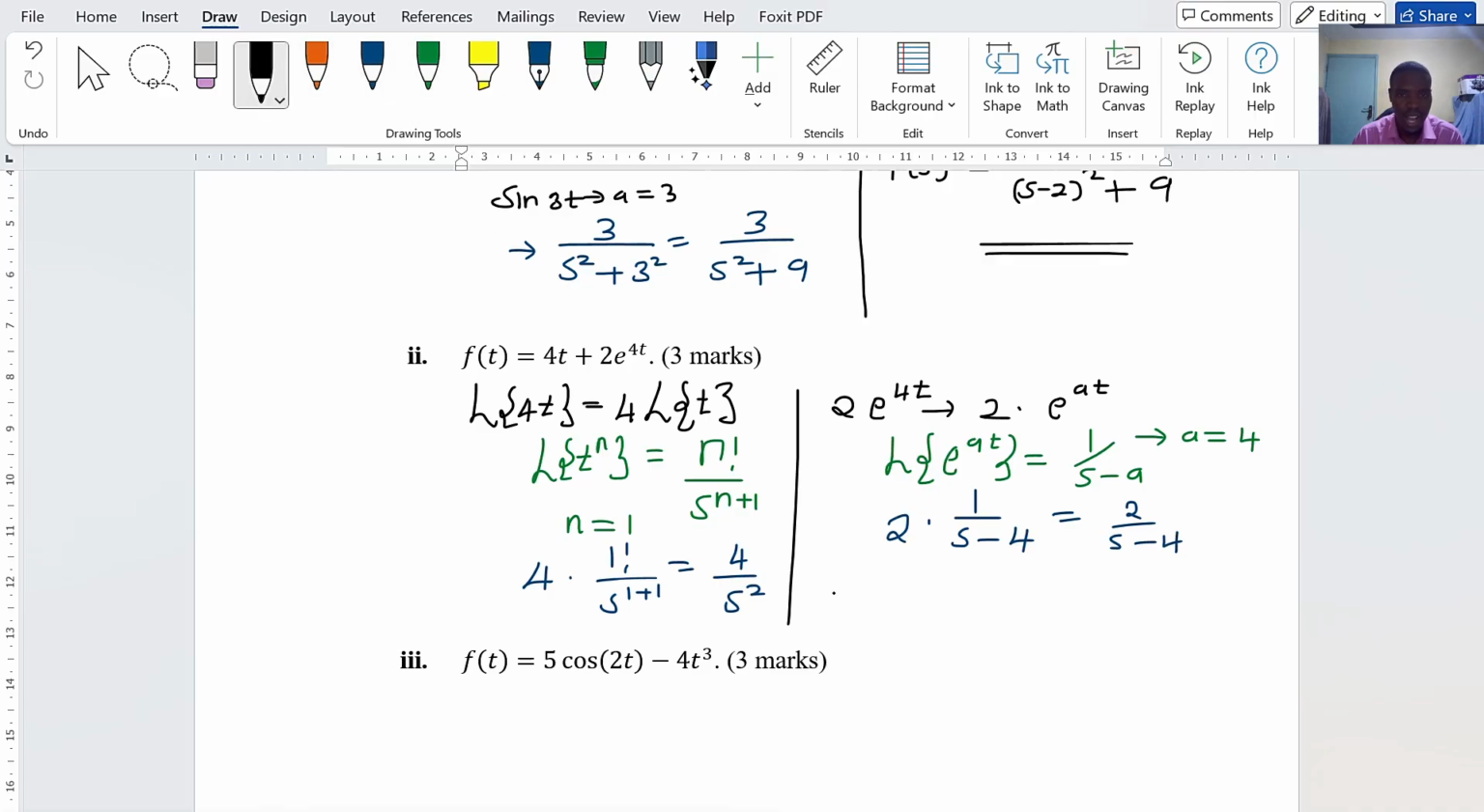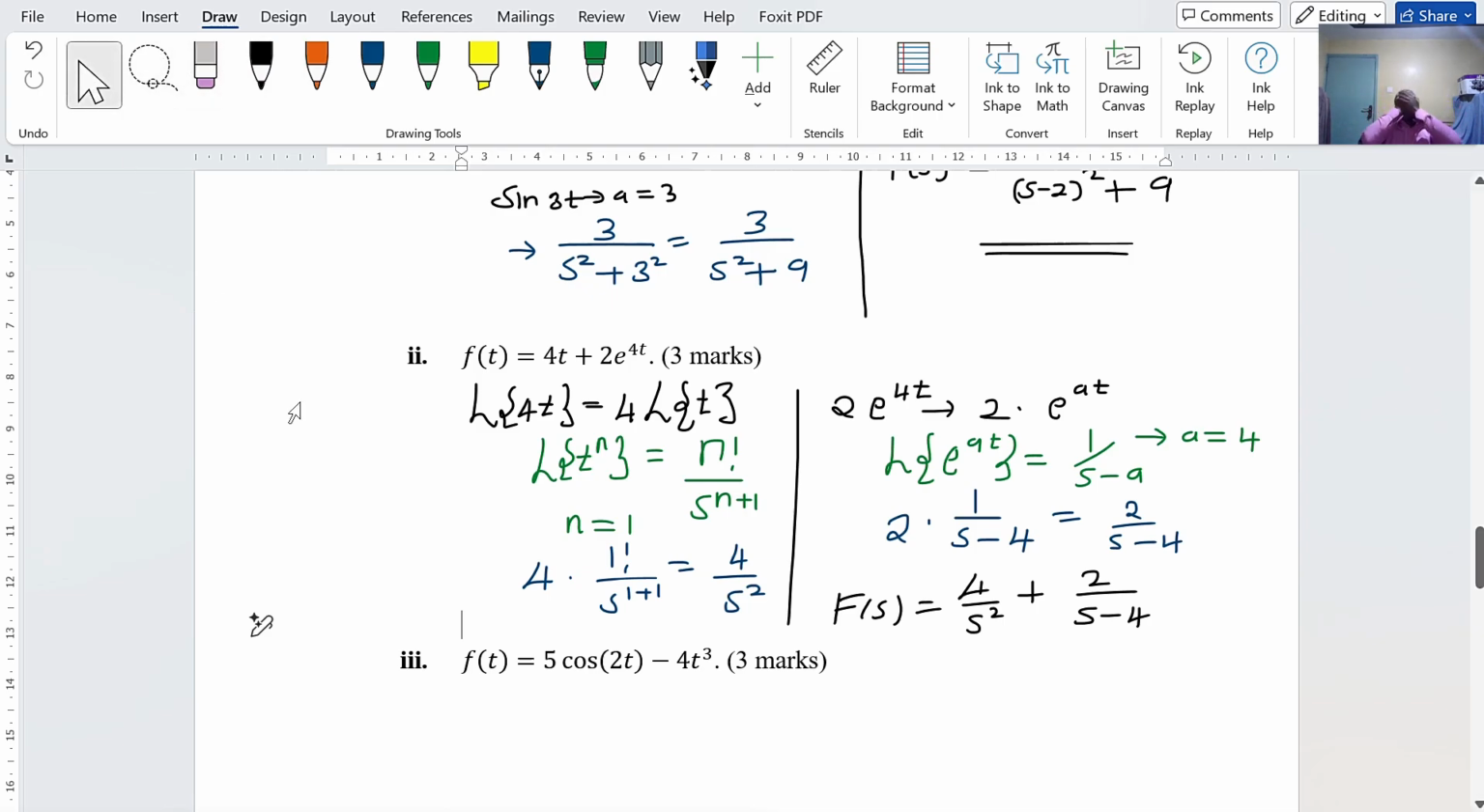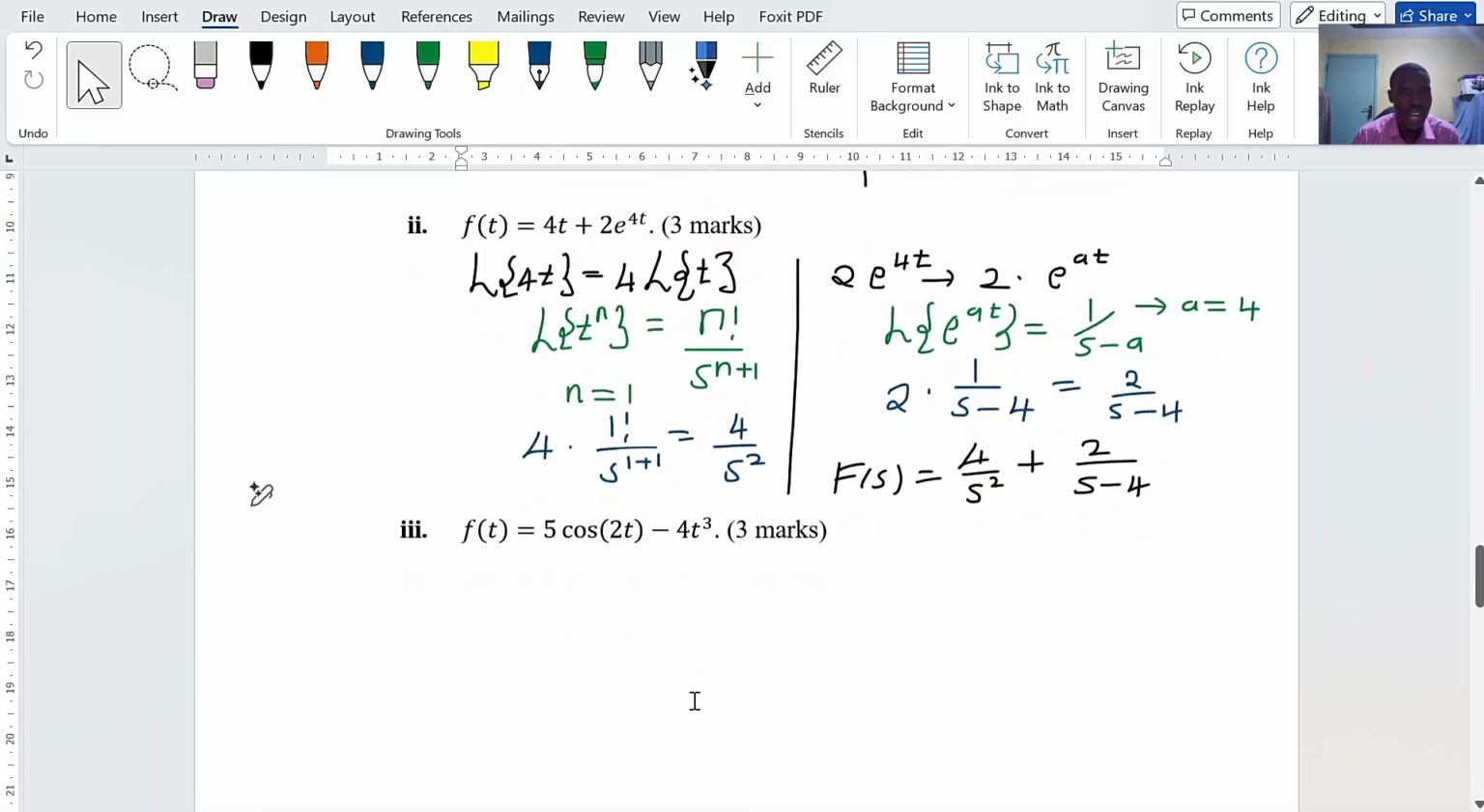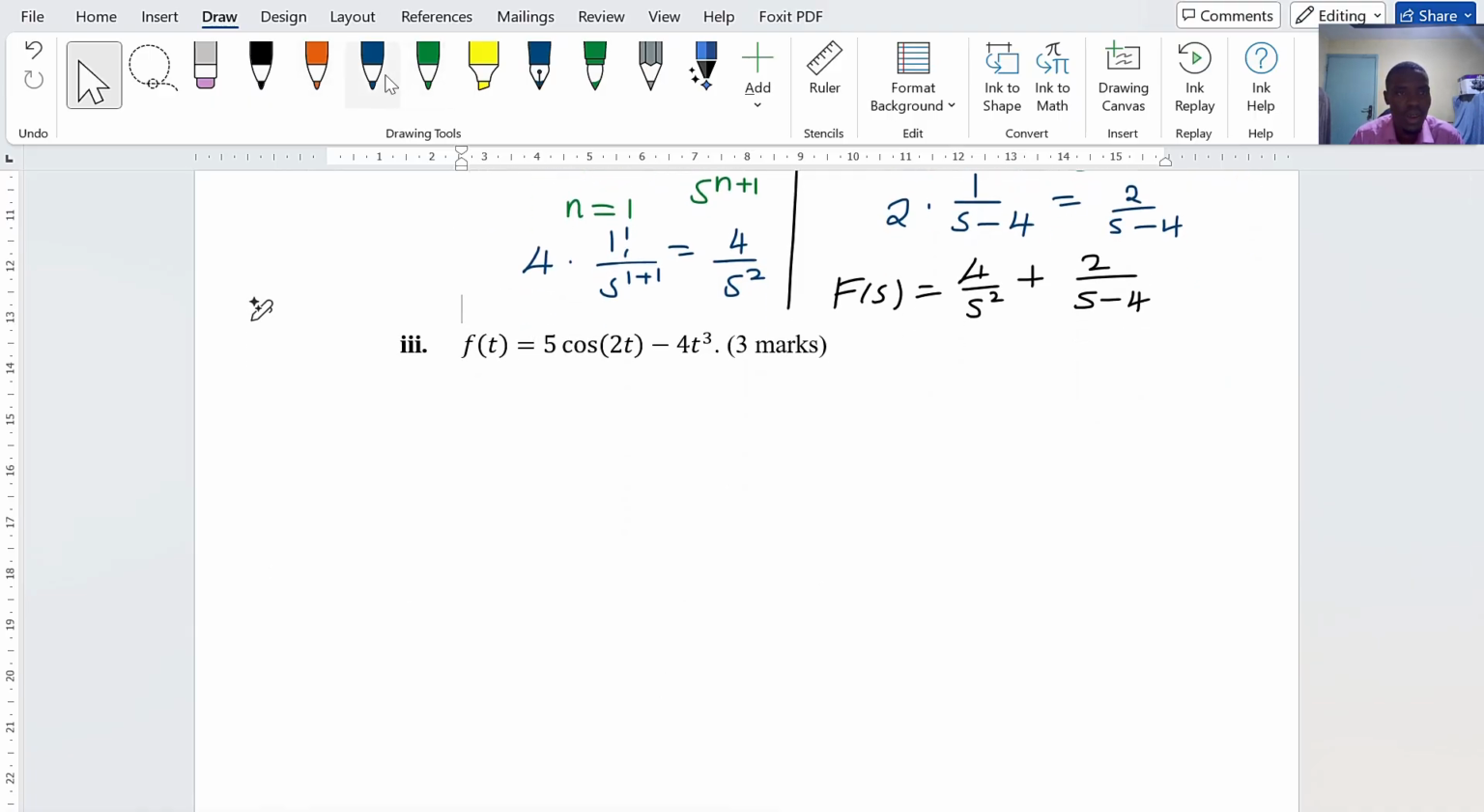Now, our answer, which is the Laplace transform you are asked, is simply the first case, which is 4 over s squared, plus the second case, which is 2 over s minus 4. That is done as well. So that's how easy it is if you master the table. Now the last part, we have